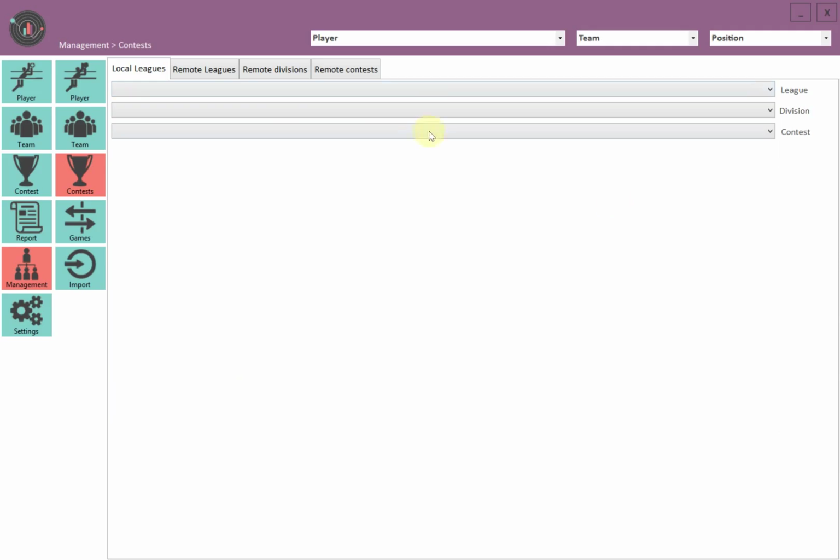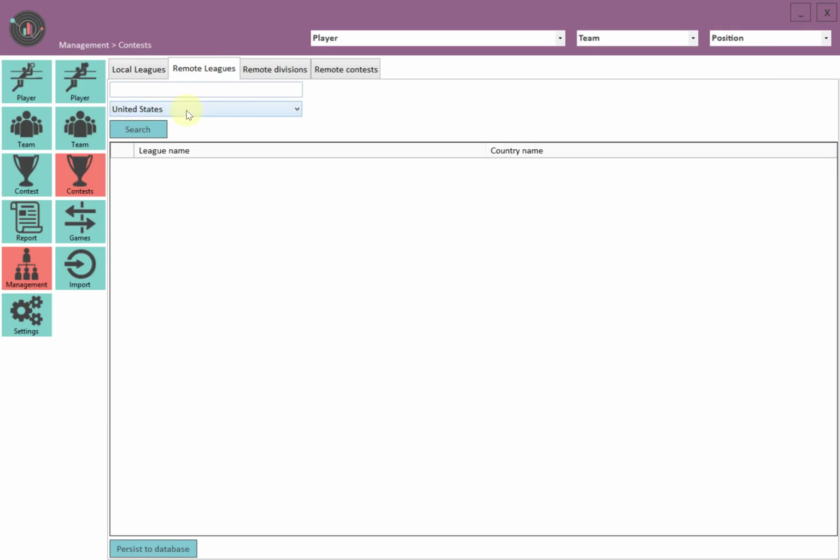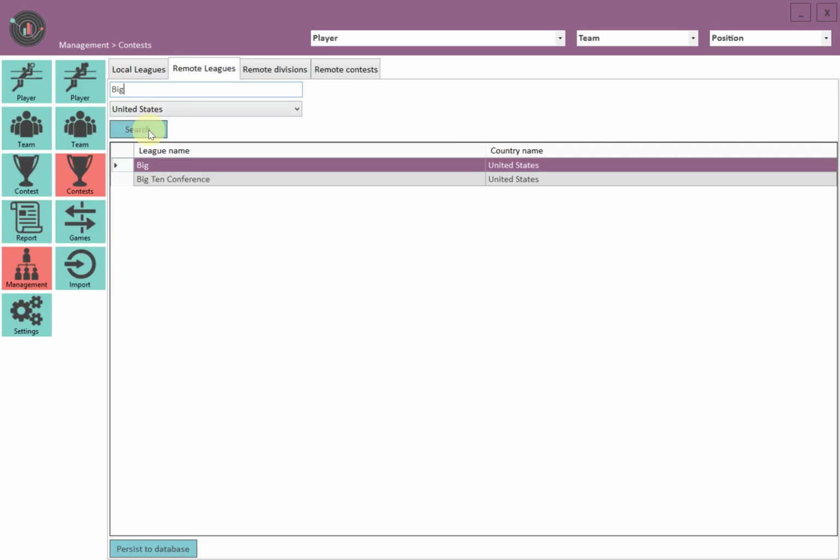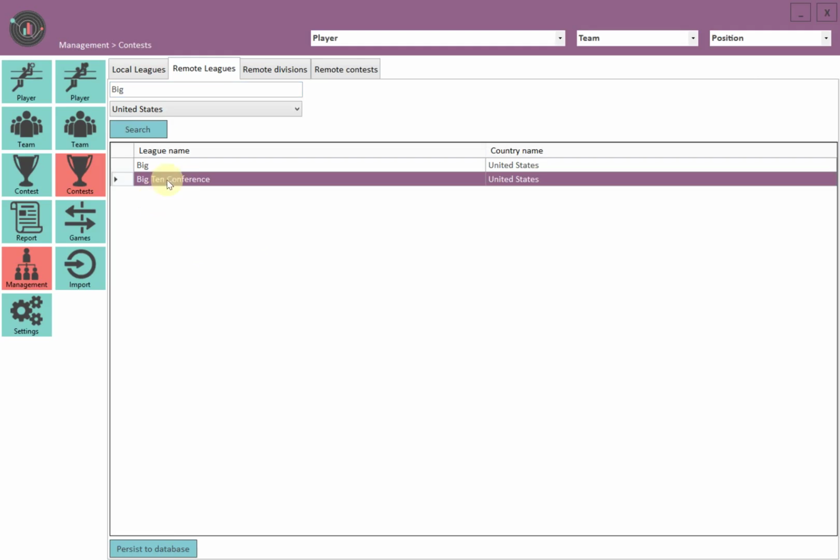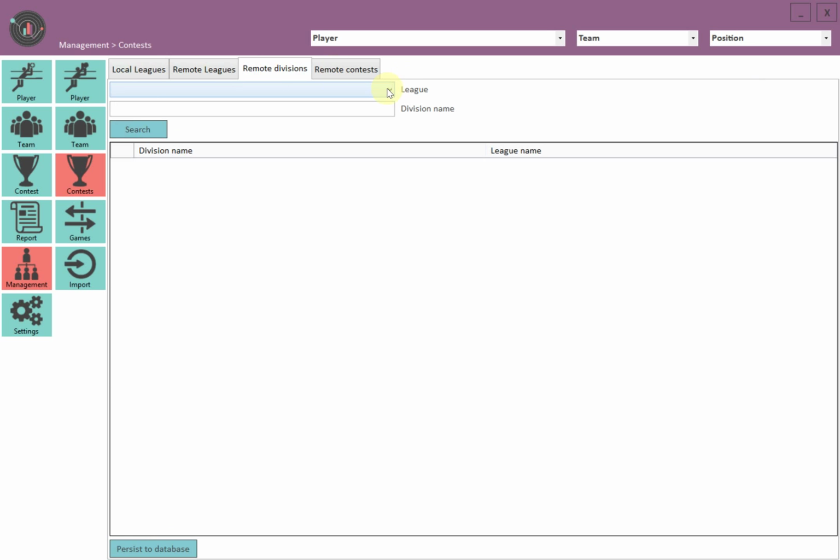So to add a league or your conference to your local database, you need to go to Remote League. You can see United States, that's a country you're searching in, so I'm going to type in big for Big Ten, for example. I click search, and then you can see Big Ten conference right here. You select it, you say persist to database, and then this league is going to be under your local leagues. The second step you need to do here is you go to remote division. You select here